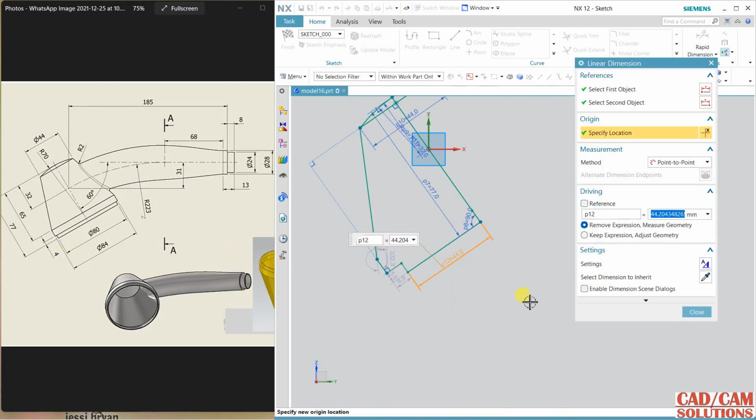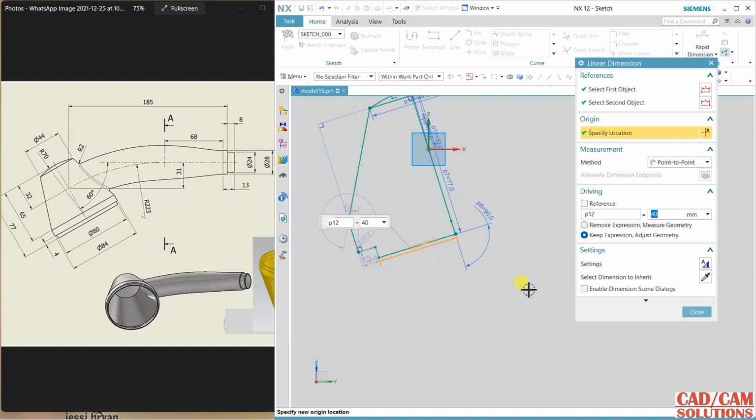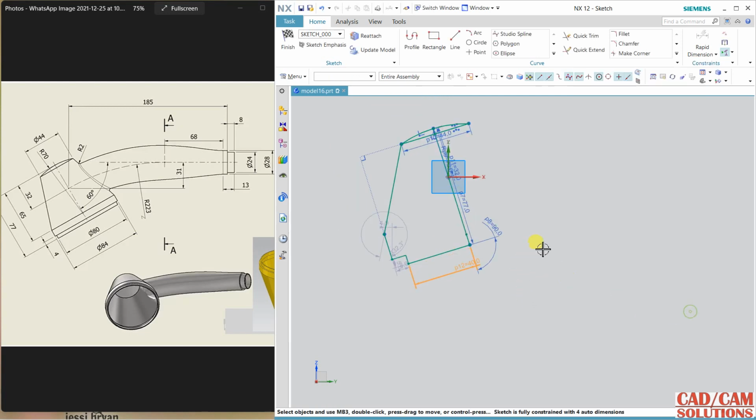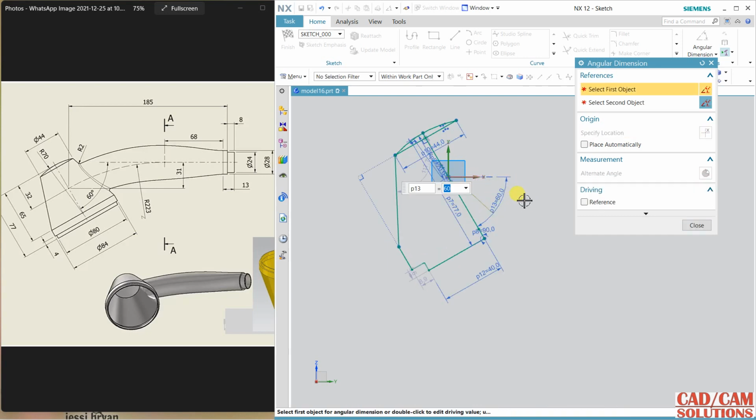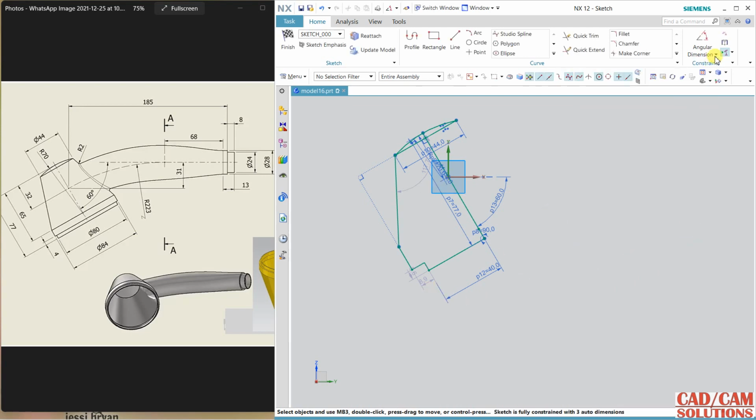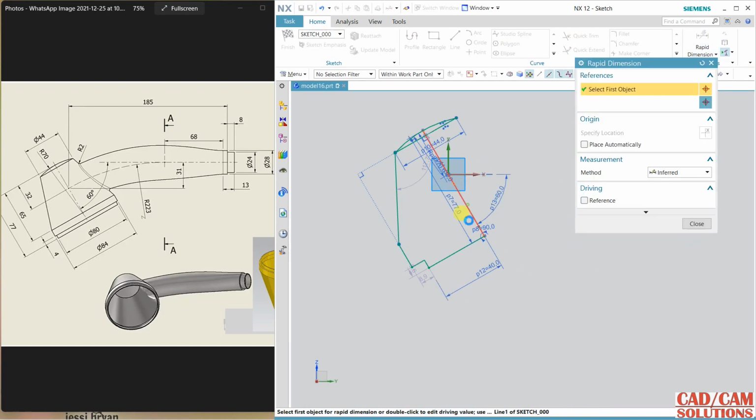80 is a diameter, so 40 will be the radius, and define the angle. And first I'm going to define this angle. So this is at an angle of, this line is angular 60 from the horizontal, and close. And again here from this line to this is 84, means half of 84 is 42, and here